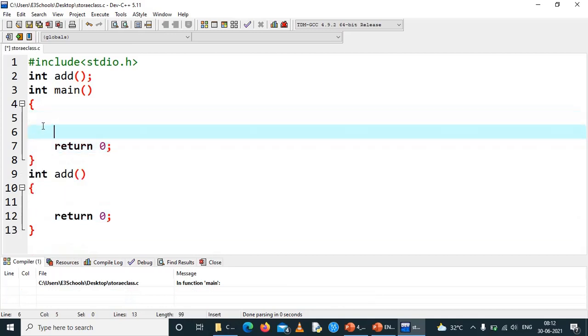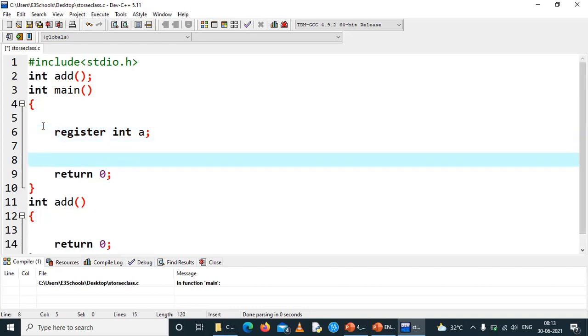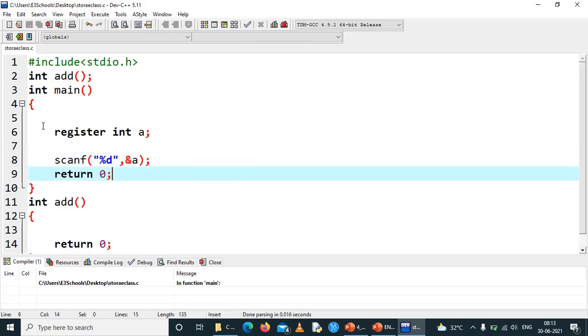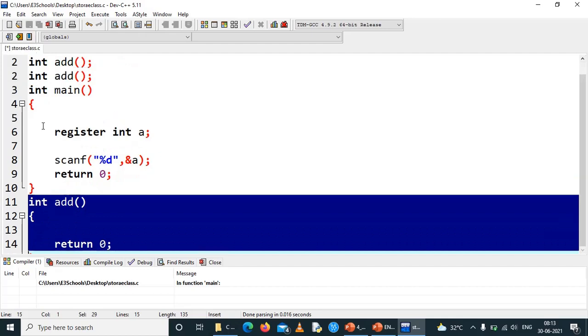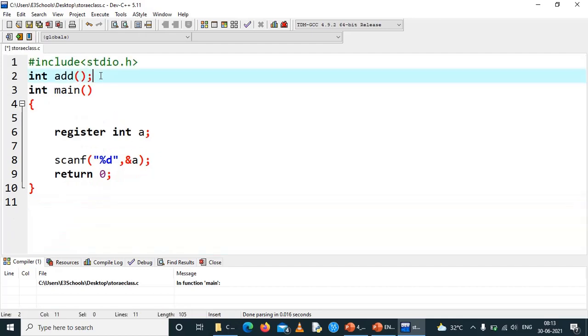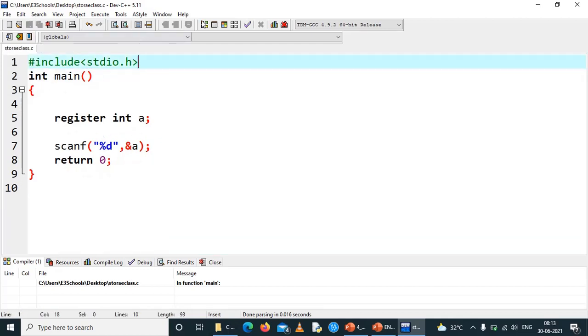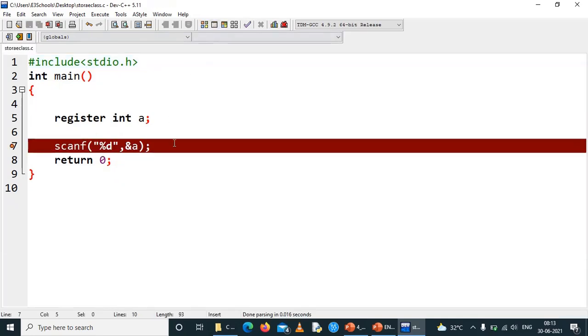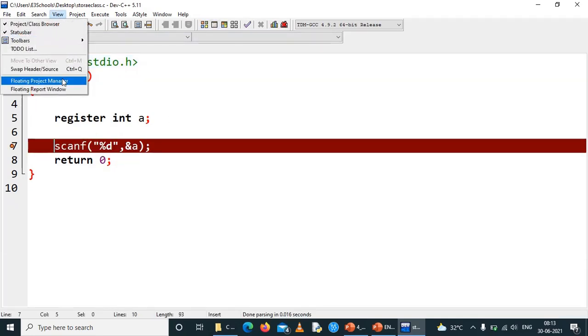Okay. Now register int a. Now I will try to use it in scanf. It is an integer, so percentage d, ampersand a. Now when we try to run this code, we will get an error. So what is the error?